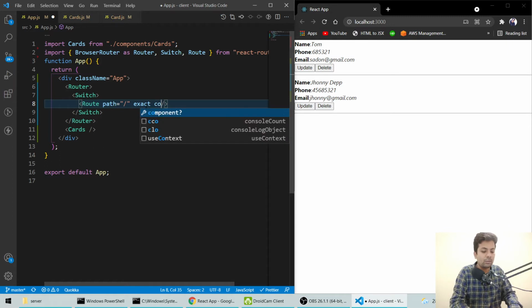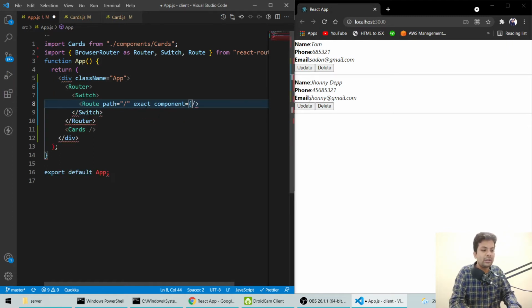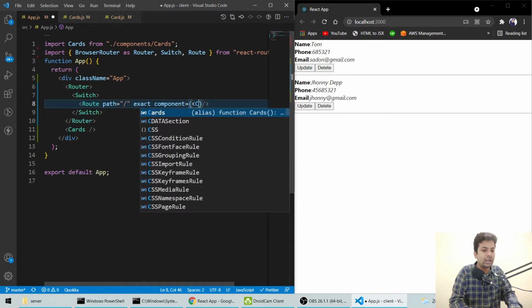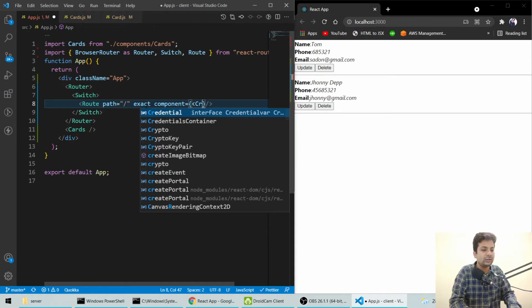Then here we'll say component. Our component is Cards. Just here we'll write Cards.